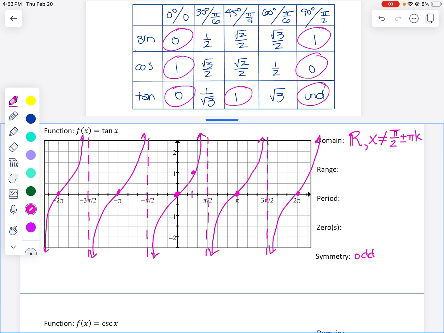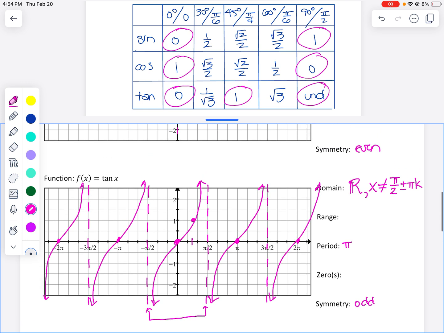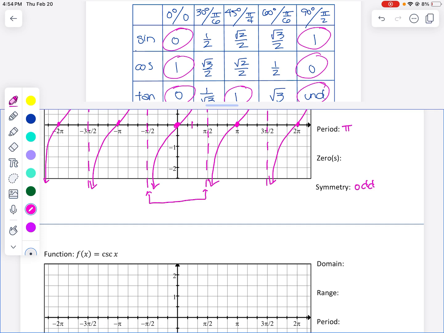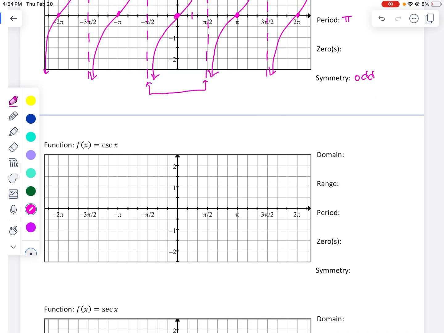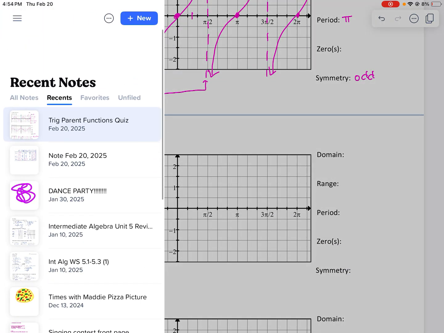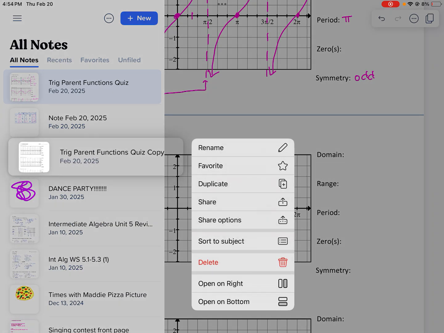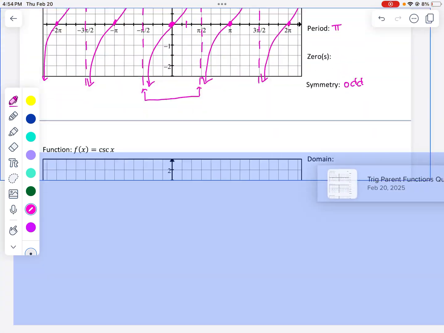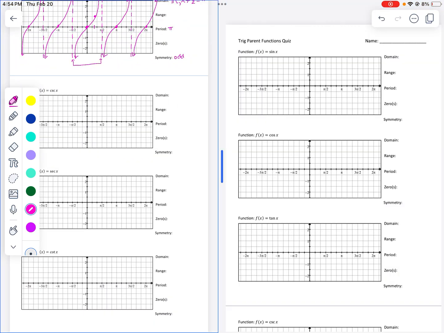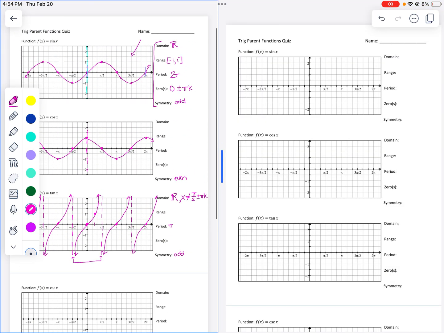For tangent, the period is only pi because it's only negative pi over 2 to pi over 2 to get one full picture. And our zeros, we use that same notation. Now, when we go to do the 3 reciprocals, I don't even use my chart anymore. So I go and I look at this and say, okay, if I was to take that and then do the reciprocals based off of the 3 originals,